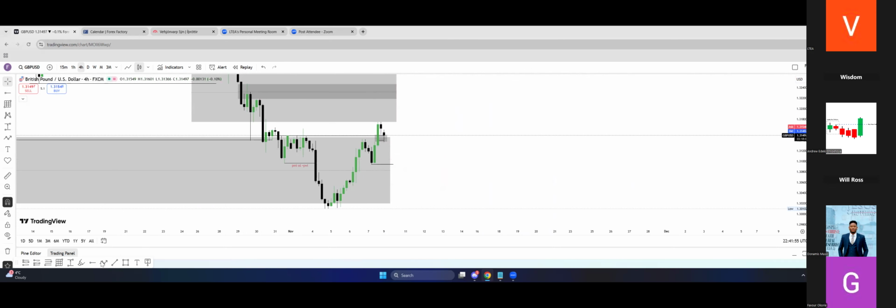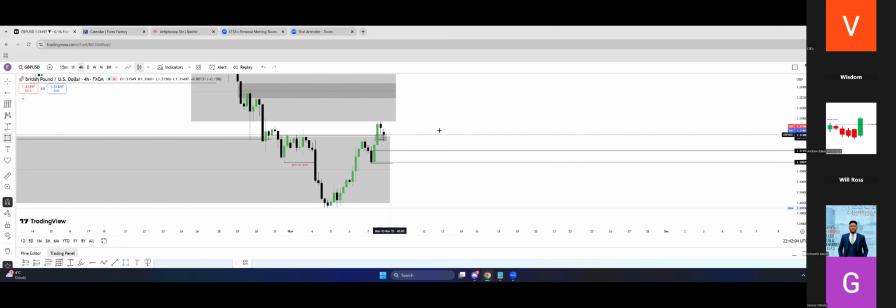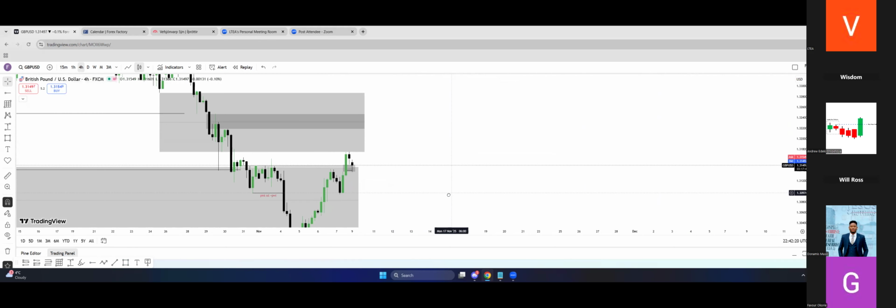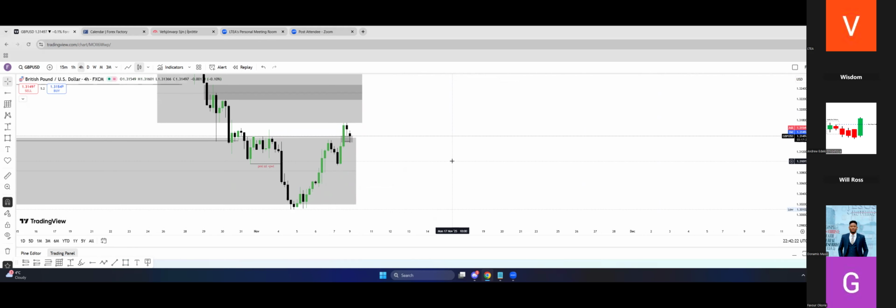But in different markings, it could be here, it could be here, and it could be your fair value gap. It depends on you again. It's what you have mastered, what you have seen multiple times, that you will work with. You don't need to work with what I work with. It's what you have learned, because one thing is to teach you, one thing is to go and practice it and use it as your own, master your own.